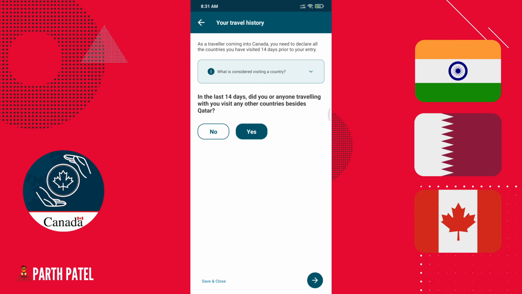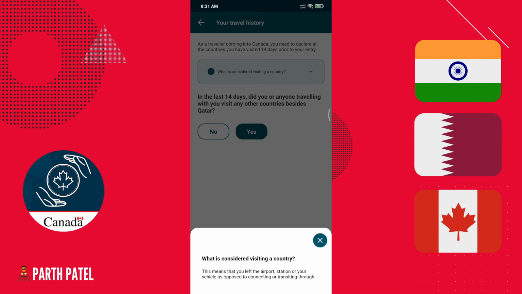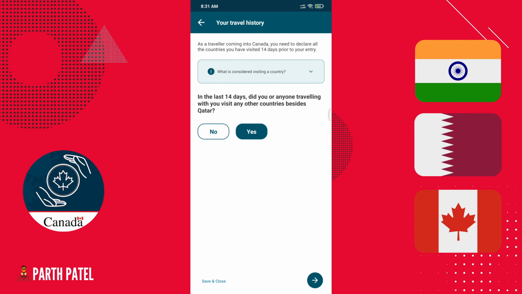Next, in the last 14 days, you or anyone traveling with you. So yes, I'll go with yes. See, this means that you left the airport station on your vehicle as opposed to connecting or transiting through. So वो पूछ रहा है कि क्या आप कहीं से ट्रांजिट करके आ रहे हो या फिर कोई कंट्री से ऐसे आपके फ्लाइट उड़ने के बाद. सो आपको कहना है यस,